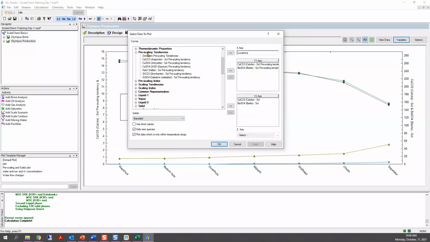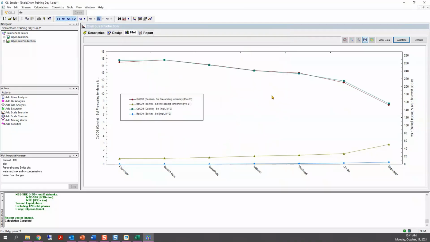You scroll down, so you have pre-scaling, you have pre-scaling index, scaling, liquid, vapor, liquid 2, solid. Expand it and select the calcite. So you should see it like this. And you put it in the Y2 axis, and then OK or apply to see the changes. And then OK. So now you should have this plot.